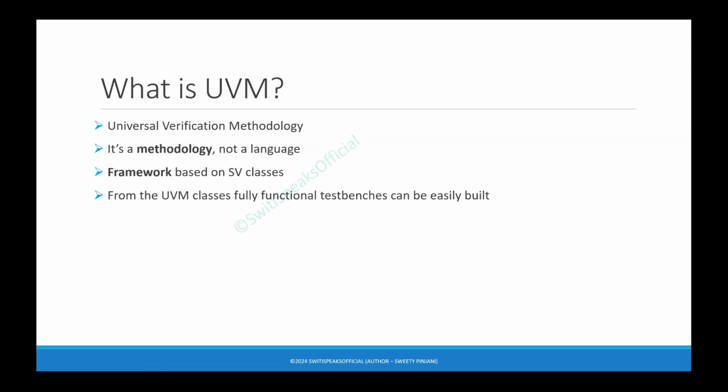Now, for these UVM classes, I can give you a few examples. In UVM, there are different components. Don't worry about it, we are going to see what these different components are. But for now, just to understand, I'm giving you an example. There is a driver, there is a monitor, there is a sequencer. These are different components in UVM, and UVM provides classes for all these components. Like for driver, you have UVM driver.